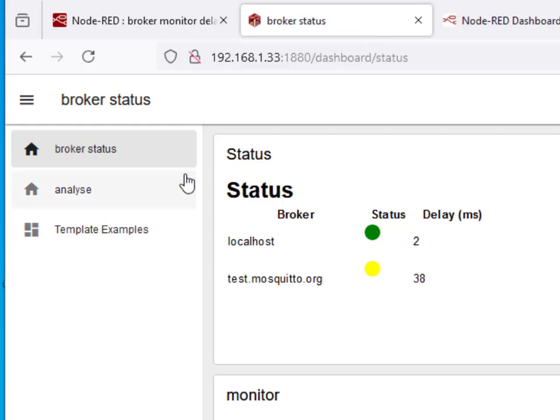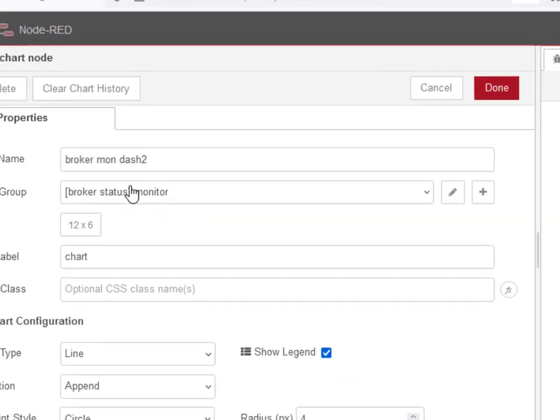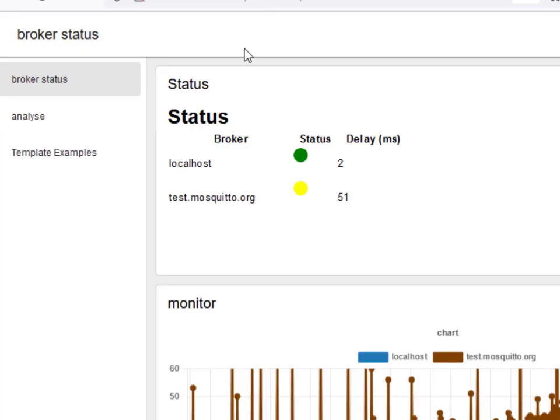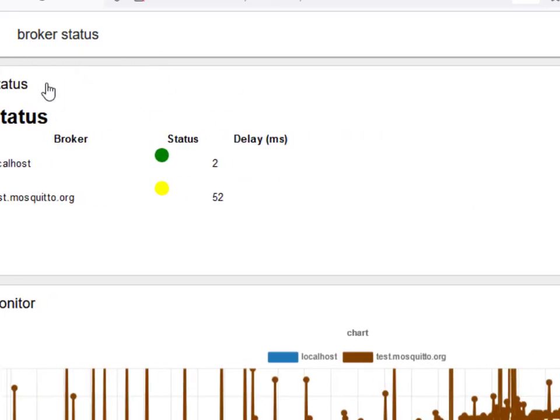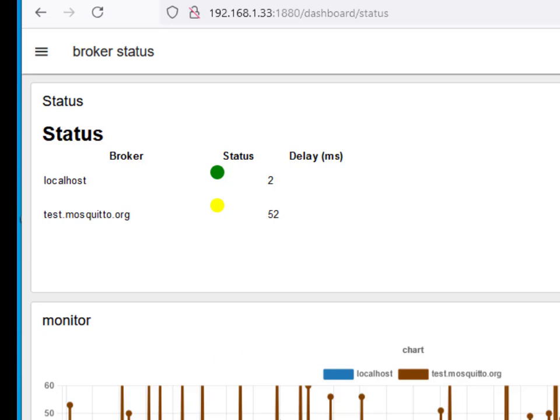Dashboard 2 has a better look to it than Dashboard 1, I feel. So a lot of people would be keen to move over to Dashboard 2 for that reason. Our chart node here is in a group called Broker Status Monitor, and the monitor is the actual group on the page here, and you can see the actual